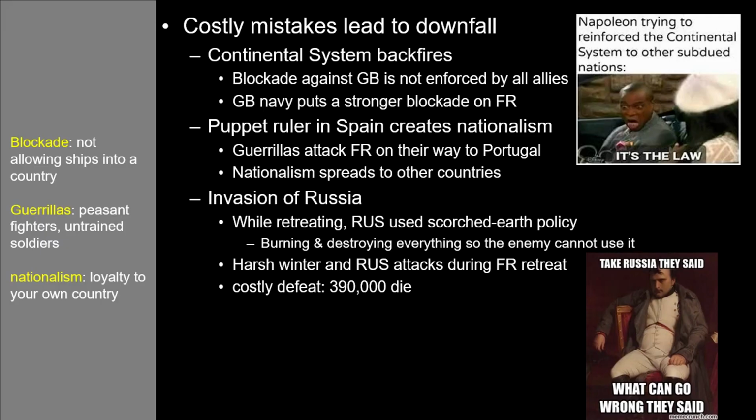But the real disaster? Russia. He invades thinking it'll be a quick W, but the Russians are like, cool story, and use the scorched earth policy, burning everything as they retreat so Napoleon's army can't find food or shelter. Add a brutal winter and Russian attacks during the French retreat, and boom,